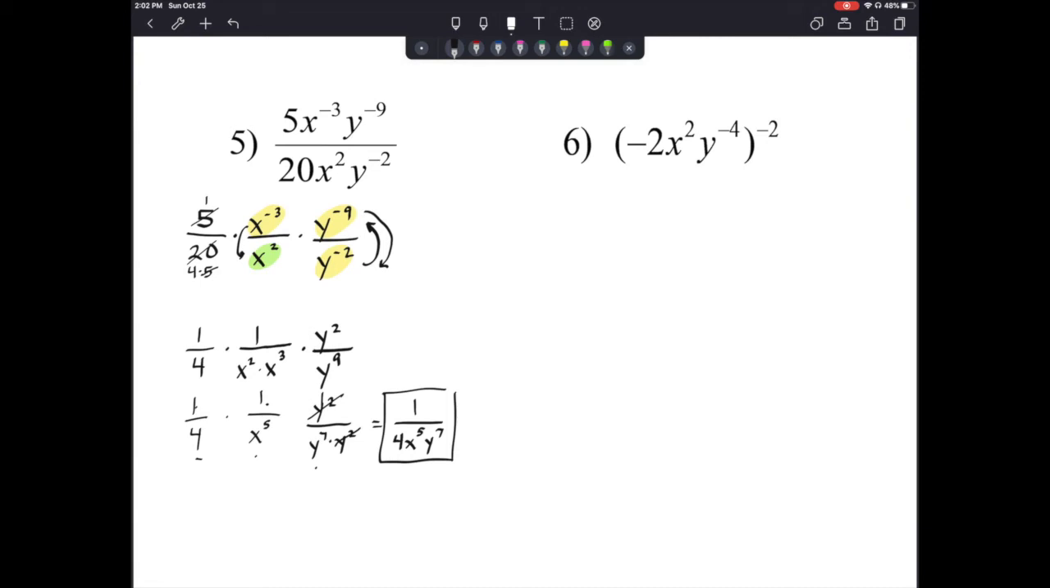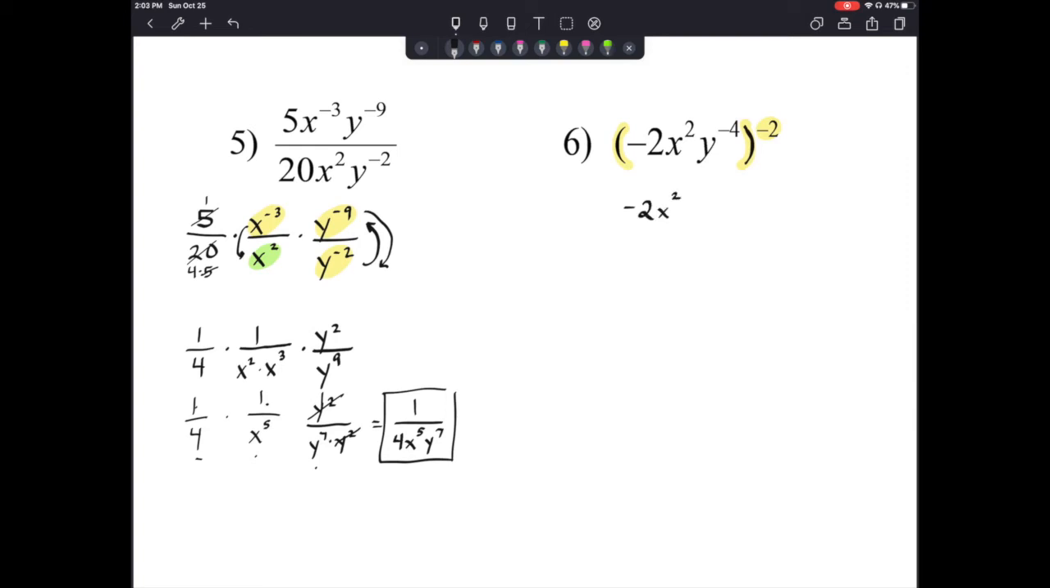Number 6, we have -2 times x squared times y to the negative fourth, and then it's being raised to the negative second power. Okay, there's a couple ways that this one can be done. Is one way correct more than another way? No. As long as we're applying our properties and we're applying them correctly, we can go about this in different ways. For a problem like this, where we have a grouping symbol, and it's being raised to a negative power, the way I like to think about it is let's just go ahead and do it like this: